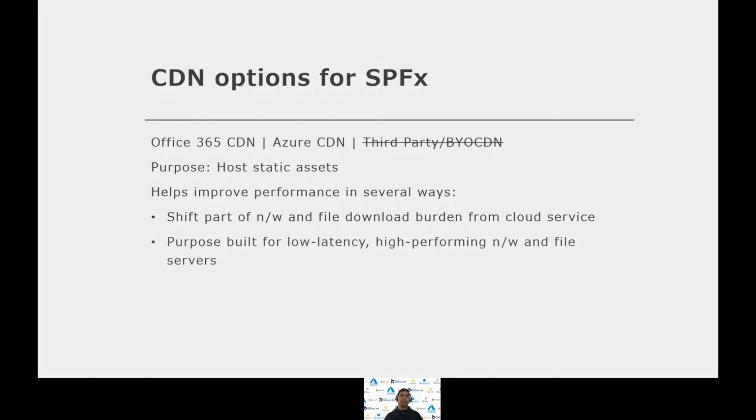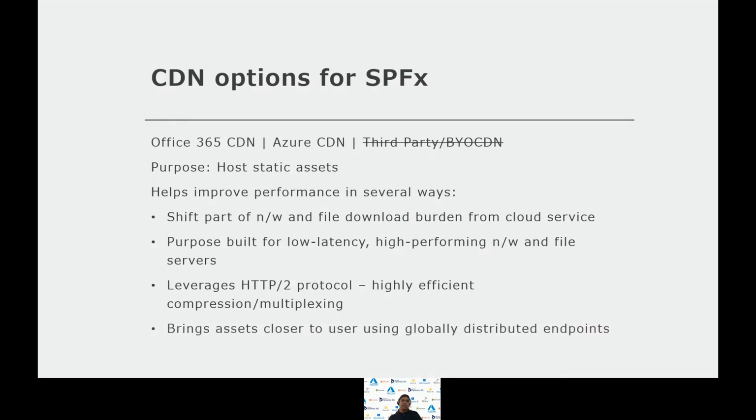CDNs are purpose-built file servers equipped with a high-performing network, ensuring low latency for the assets. In addition to that, they leverage highly efficient compression and multiplexing algorithms using the HTTP2 protocol. Finally, CDN is globally distributed to bring assets closer to the end users, no matter where they are located.